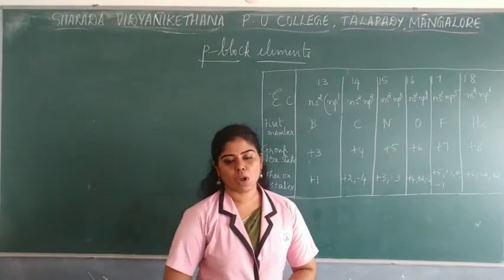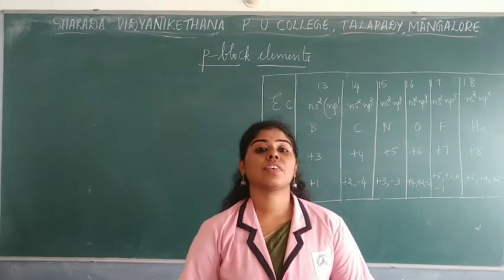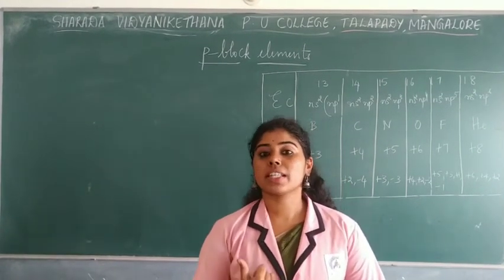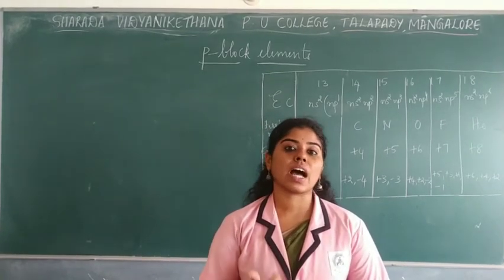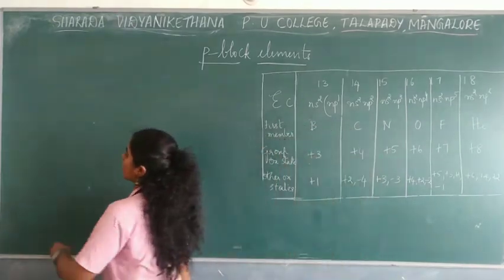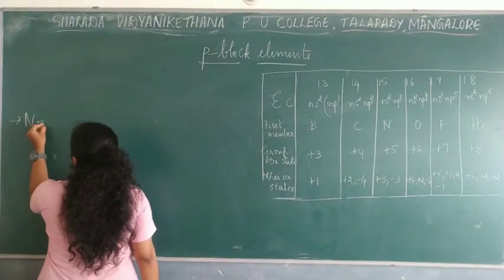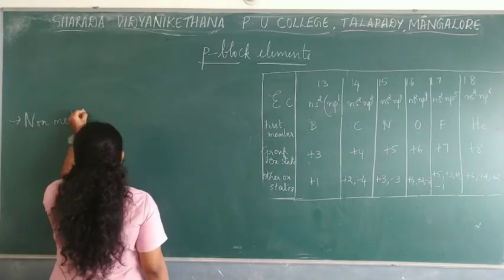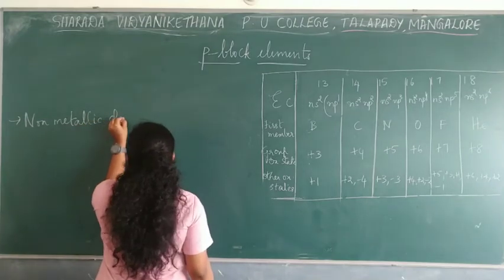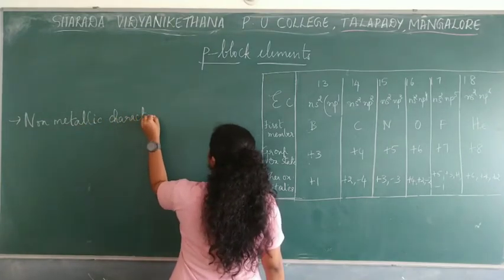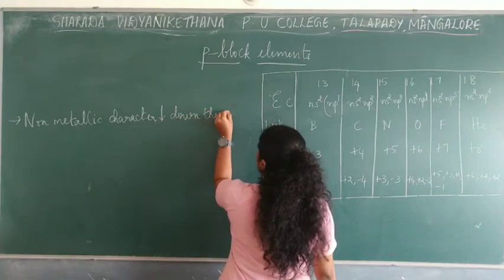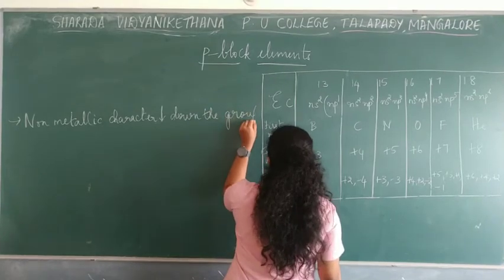Now talking about the p block elements, usually they will have the non-metallic property which decreases down the group. As I said, in the p block elements there are heavier elements which usually are metals. Okay, so we say the non-metallic character usually decreases down the group. Non-metallic character, when you talk about the p block elements, non-metallic property or the character, it decreases down the group. Okay, so this is one thing which is to be remembered.